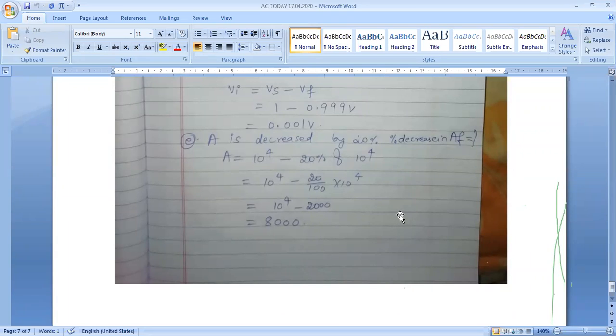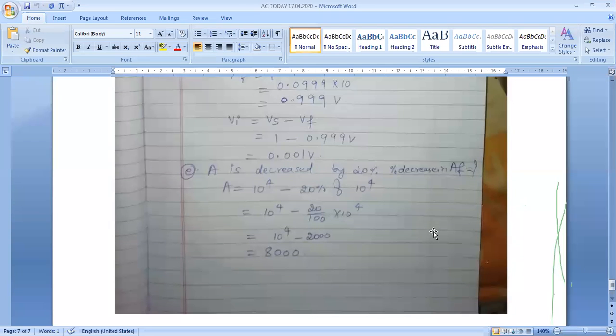Hello? Yes, ma'am. Can you try this last part? Only one part I have left, half done, half I have solved. Here you have to find out the percentage decrease. My answer is 0.025, but in the book he has given 0.02%. So I don't know whether mine is correct or his is correct. I want you to solve this one and check the answer.